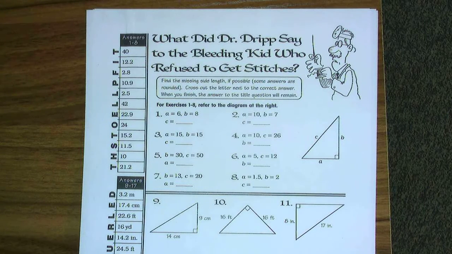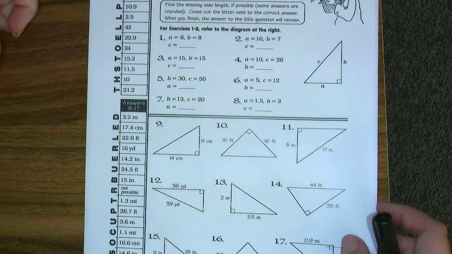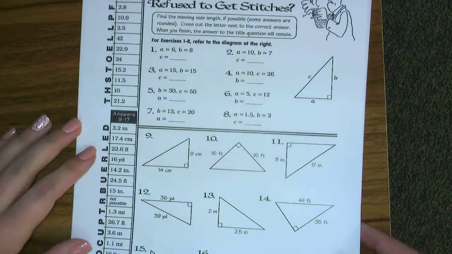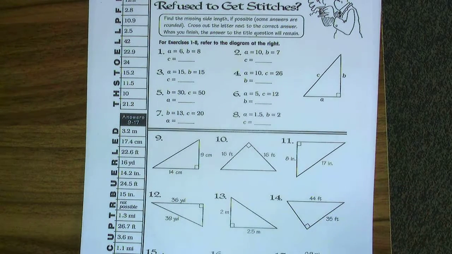Find the missing side length if possible. Some answers are rounded, and then it's just to cross out the letter next to the correct answer. When you finish, the answer to the title question will remain. So basically, whatever you don't cross out, that answer will be left over here on the side. Remember, work is done on a separate piece of paper. So let's start with